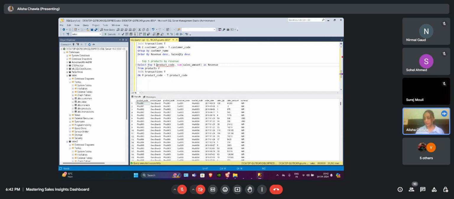We want top 5 product code, sum of sales as revenue from products joined, and we have to order by revenue in descending format. Also, we have to group by our non-aggregated column, this product code.